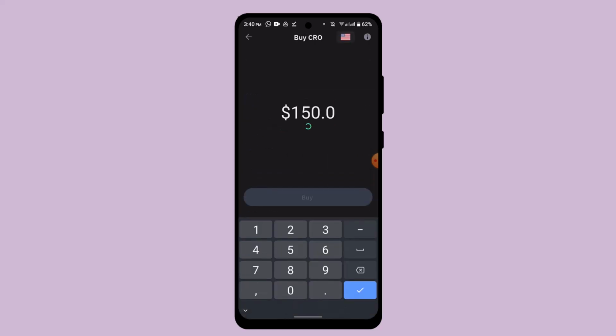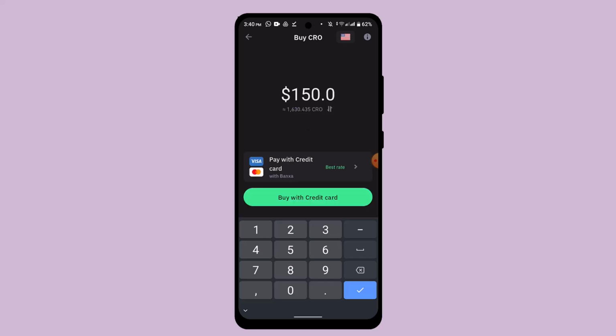Next interface, it's going to ask you to enter the exact amount that you wish to pay or that you wish to buy. So enter in the amount, and one of the most important things is to make sure that you've already linked your bank account. Once you've linked your bank account, then you'll be able to pay using your bank account or your debit card whatsoever, and click on buy with credit card if you're using a credit card,